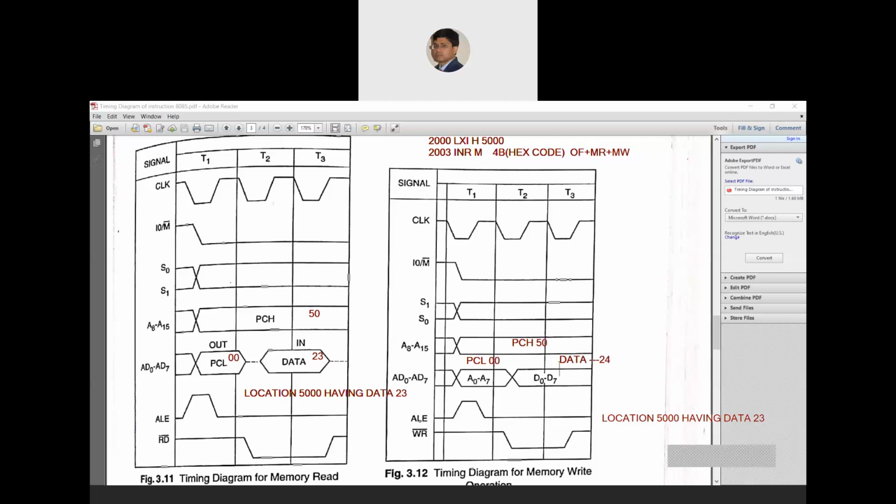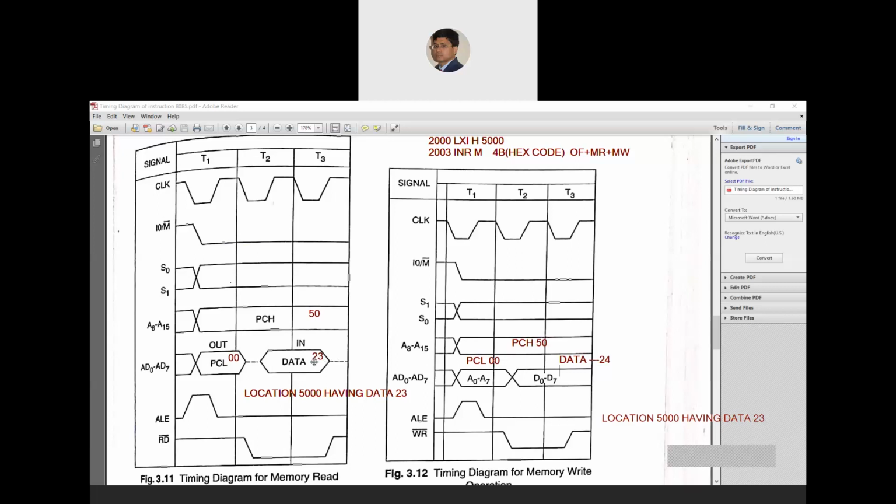So you understand what the flow of this instruction is? You have to merge 3 diagrams. When you merge the 3 diagrams, you have to change the values corresponding to your instruction. So first the opcode fetch is done before. Then it comes to the memory read operation, where the content of this location will be read. So the location's corresponding data is here.